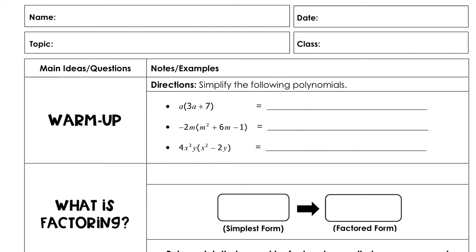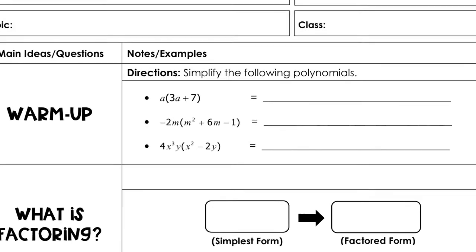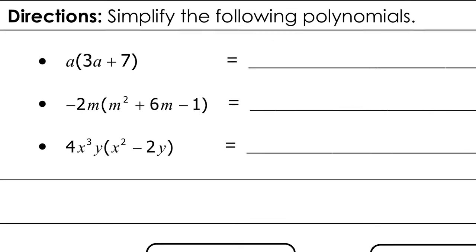Today we're going to start our unit on factoring, and we're going to start with a really basic concept, and that's factoring out the GCF, or greatest common factor. It's something that we learned when we were younger in elementary school, and now we're going to take the same concept and apply it to polynomials and different expressions. But before we do so, just a warm up from what we covered yesterday with that multiplication of